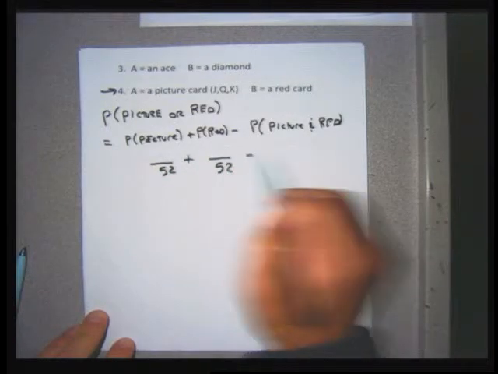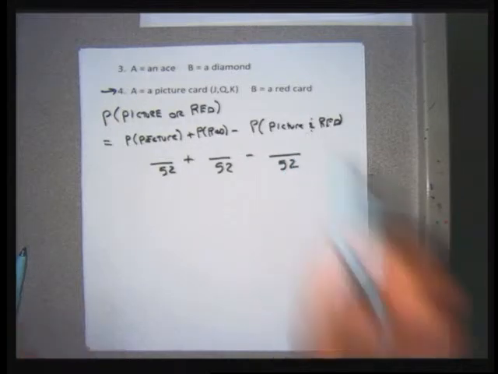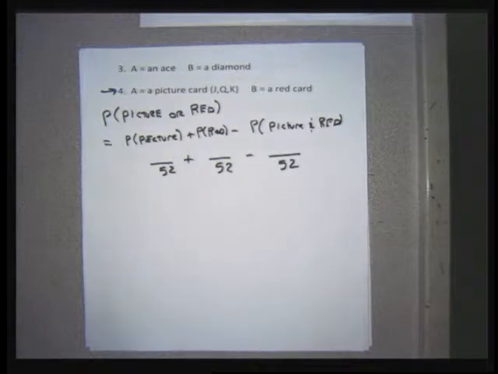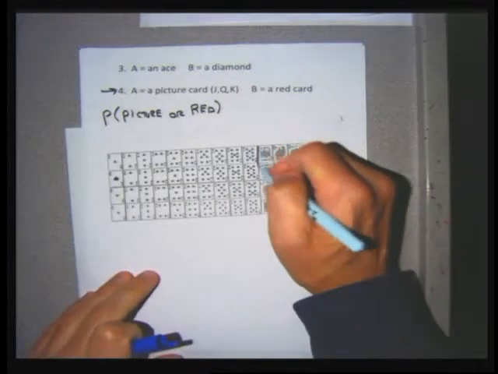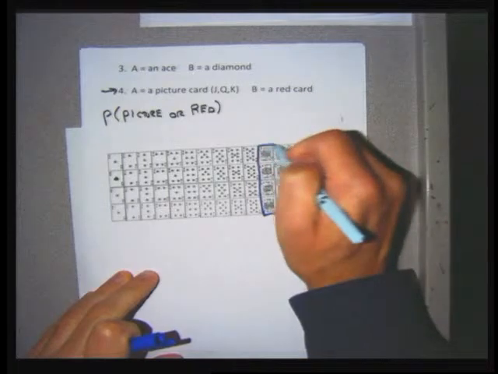And because I'm just picking one card from a deck of cards, each of the denominators is going to be 52, because there's only 52 cards in a deck of cards. So first probability, I'm going to do my picture cards. And the picture cards that I have are these. The jacks, the queens, and the kings are called picture cards. So for this problem,